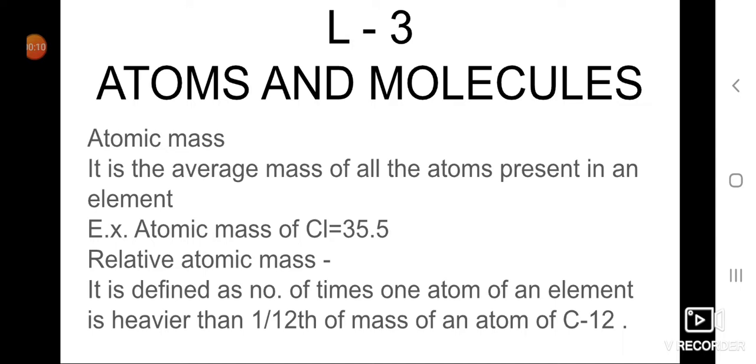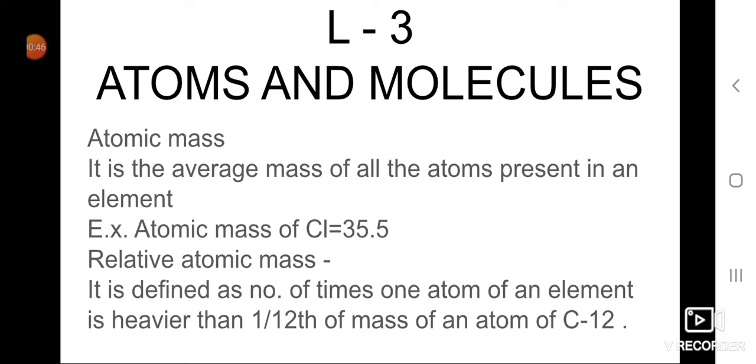Atom is the smallest particle which takes part in a chemical reaction. A molecule is the smallest unit of any substance which can exist independently and shows all the properties of that substance. Each molecule is a group of chemically bonded atoms. Each atom or a molecule has its own characteristic mass. So, the atomic and molecular masses may be expressed in any unit of mass, in gram or kilograms.